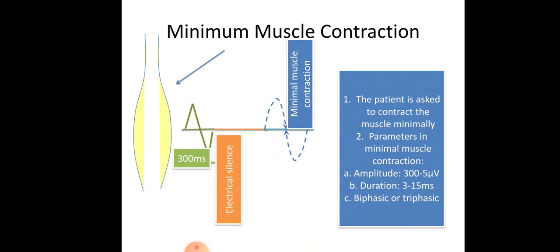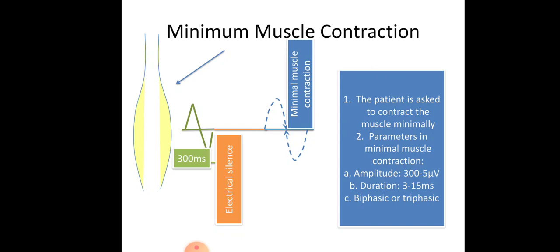Even if the muscle is contracting minimally, how are the signals appearing on the graph? On the graph, the signals are appearing because even if the minimal contraction is occurring, the individual motor unit is firing. Hence, this minimal muscle contraction phase is very important to analyze how individual motor unit is firing. These motor unit potentials are assessed with respect to amplitude, duration, shape, sound and frequency of the graph. Now, we know that this is also normal because we are assessing only single motor unit firing.